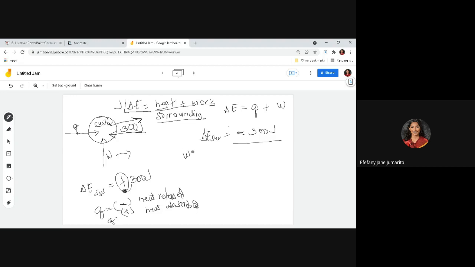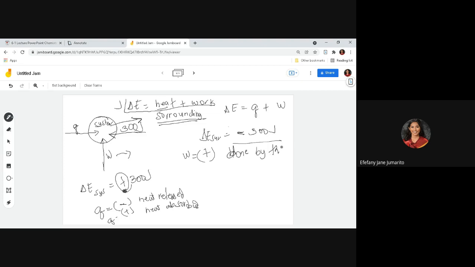So for work, if we add work to the system, what will happen to the energy? It will increase. Okay, so what will happen to the system? The system's internal energy will increase if the work is done by the surrounding to the system. So it will increase when the work is